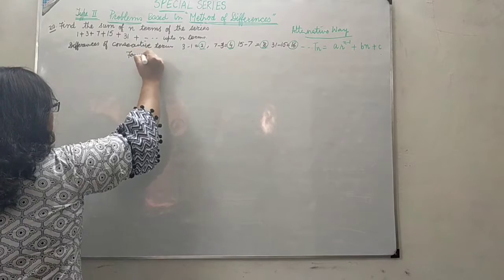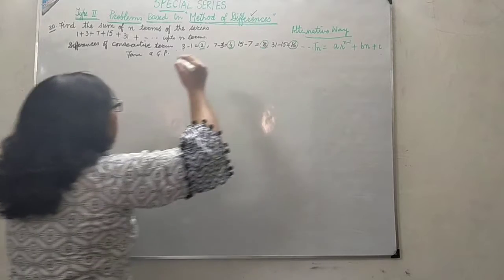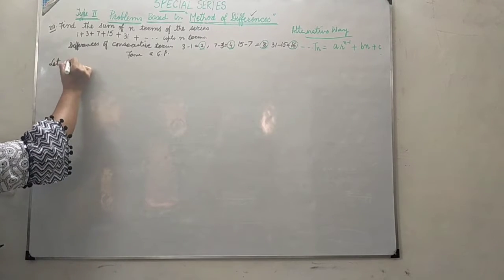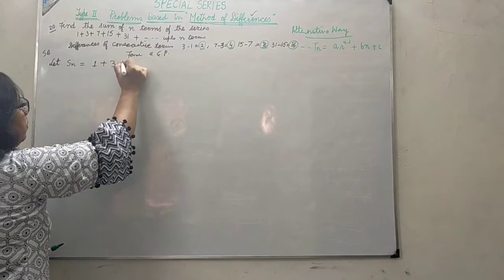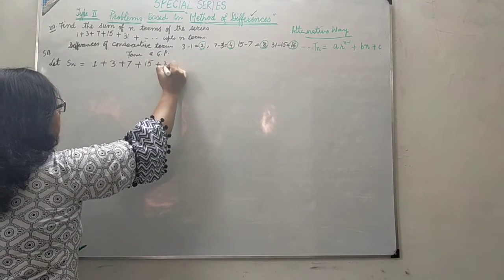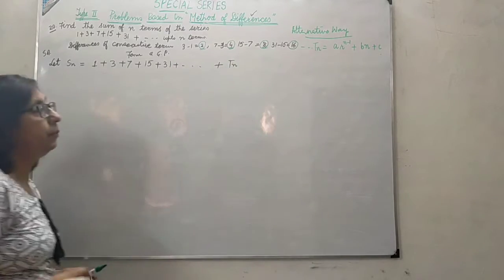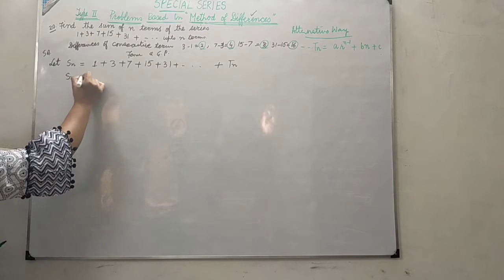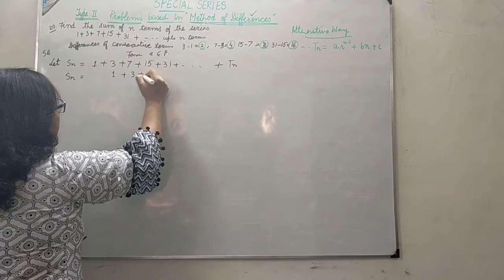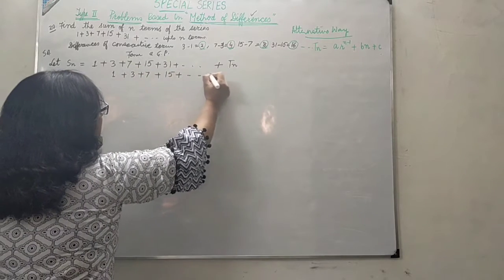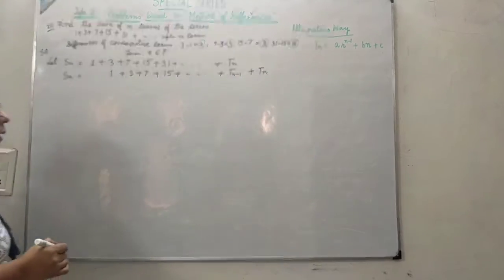These form a GP. In this case, again I will take the method of differences first, and for that purpose let Sn, this is our solution, be 1 plus 3 plus 7 plus 15 plus 31 and so on. Let me take the general term as Tn. And after that, if I write Sn again by shifting one term on the right, this is 1 plus 3 plus 7 plus 15 and so on, and this is your Tn minus 1, and Tn will go with the last.